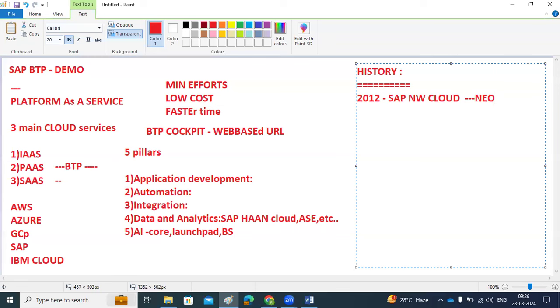It's not recent, not just one or two years back. In 2012 itself, SAP entered the PaaS market with their NetWeaver product, called NetWeaver Cloud. That's why they named it SAP Neo. Then in 2013, they had SAP